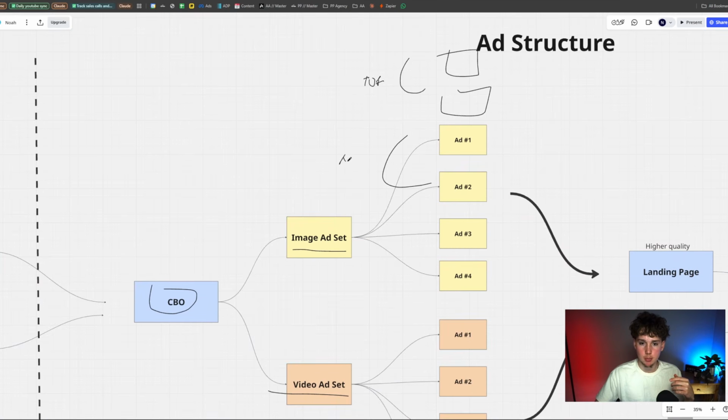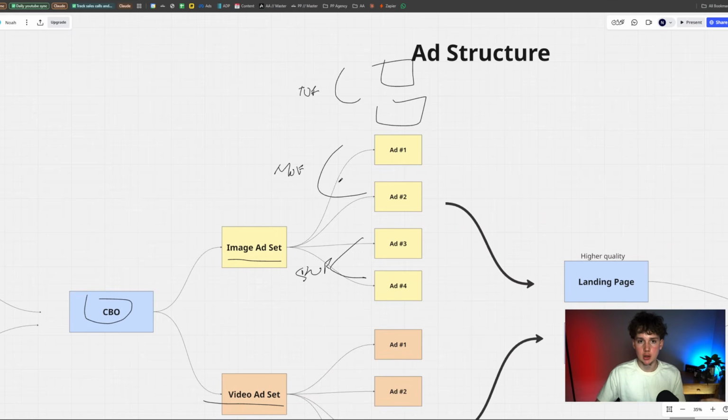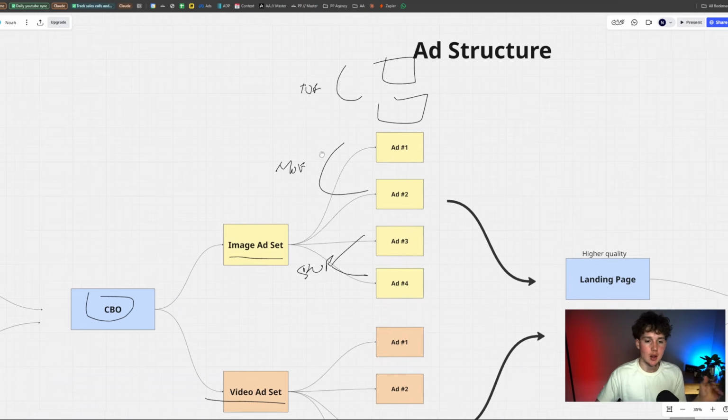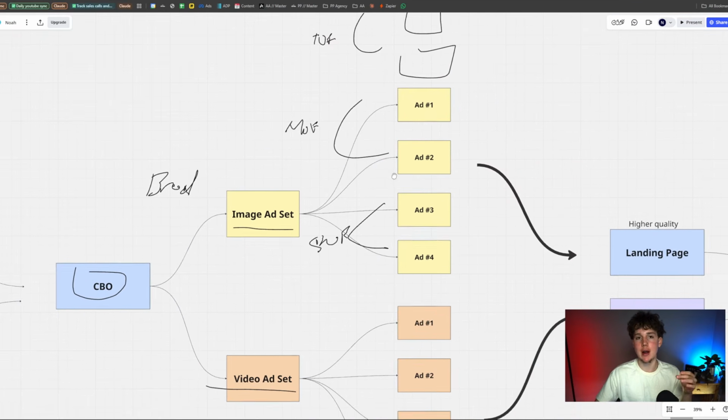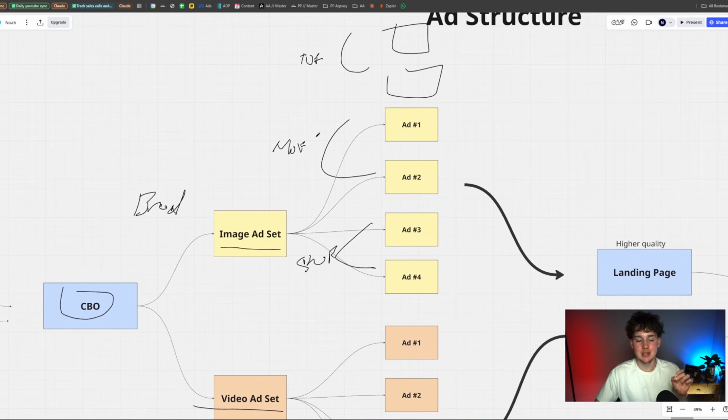These 2 are more middle funnel, so someone who is problem aware, and then these 2 are solution aware. So this is bottom of funnel. That way you're reaching all the different areas of the market with all these ads, but also Facebook is going to distribute it to the right people because your creative does the targeting. And that's the other thing too, you just go broad targeting with this. Your creative does the targeting, and that's why we're trying to hit all these buying pockets, because Facebook's going to